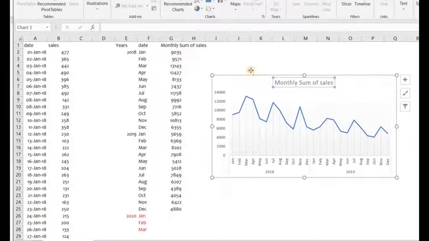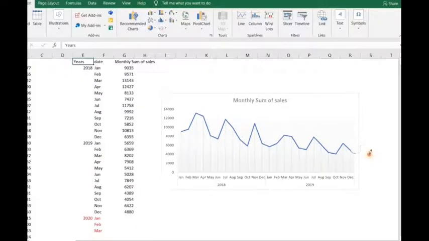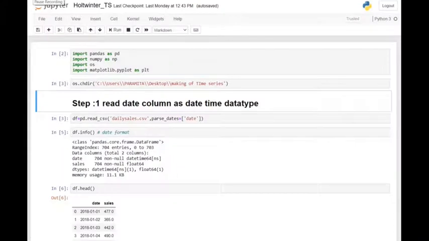This is the plot of our monthly sales data. So we can see that the sales is decreasing over time, and it looks like a quarterly seasonality. We'll know more about it in detail when we do the coding. And we will build our Holt-Winters method that will capture this trend and this seasonality and predict the future, that is the sales of the next 3 months, January to March 2020. Let's head over to Jupyter Notebook now.